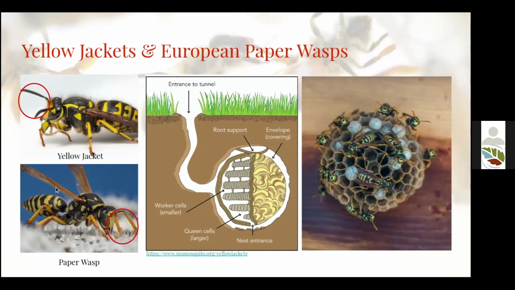Paper wasps, however, usually live in very small colonies. They'll build these cup-like paper nests that will hang underneath awnings, and sometimes you'll see them in mason bee houses or in beehives. They generally do not pose a problem or exhibit much pest behavior, at least for humans. And they do eat and hunt insects that are garden pests. And so they could be considered beneficial insects to have, and it's something that I wouldn't worry too much about.